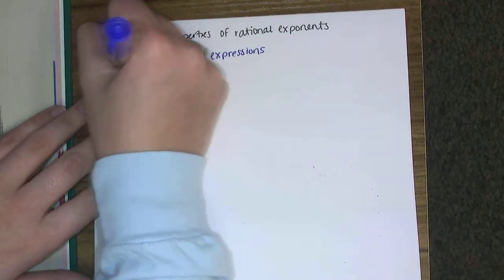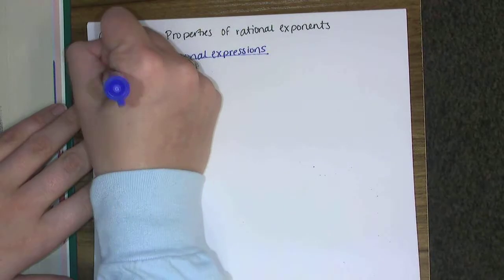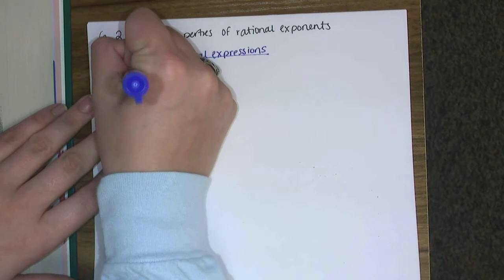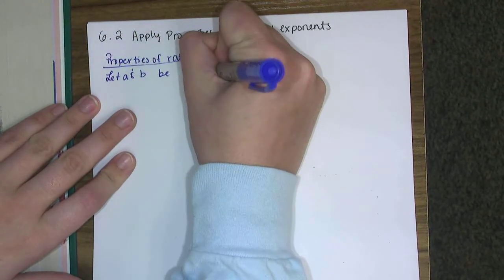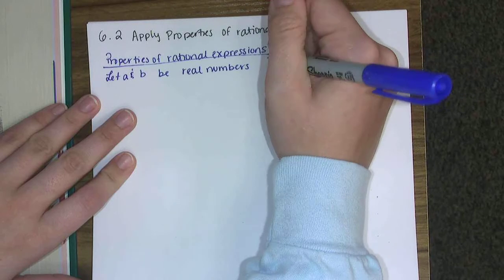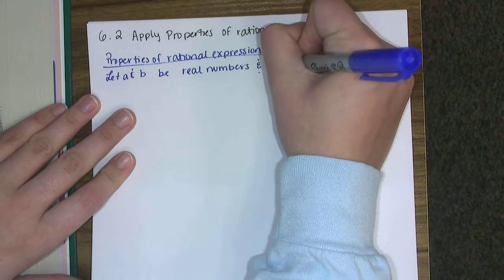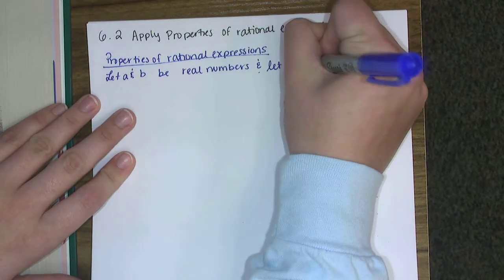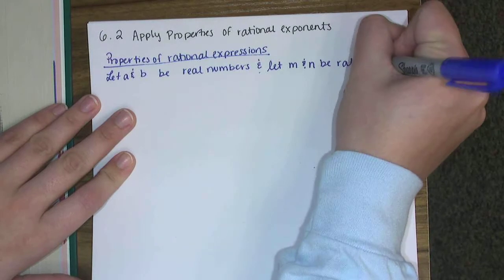Let A and B be real numbers and let M and N be rational numbers. The following properties,